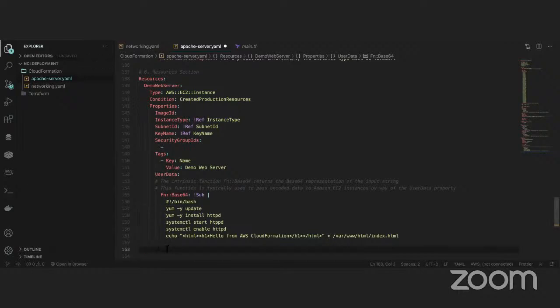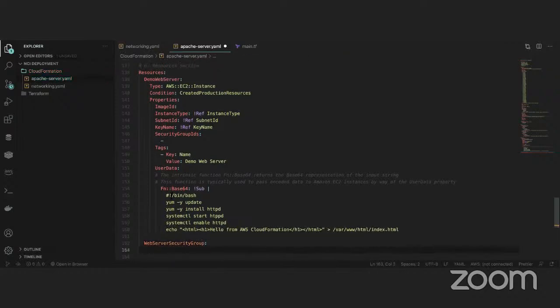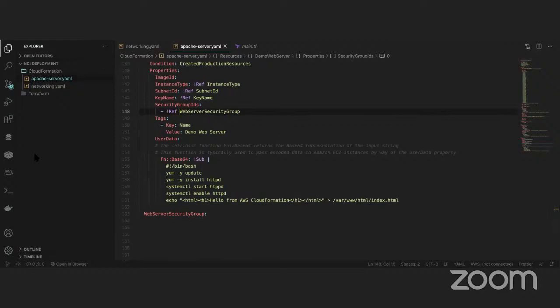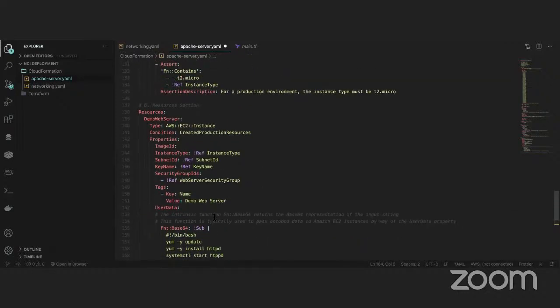So now I'm going to create the web server security group. So I'm going to say web server security group. Okay. So what I have to do now is simply get this guy and put it here, right? Of course, with the function ref, right? This particular guy is going to be very similar to the other one. Okay. Difference is that we're going to say